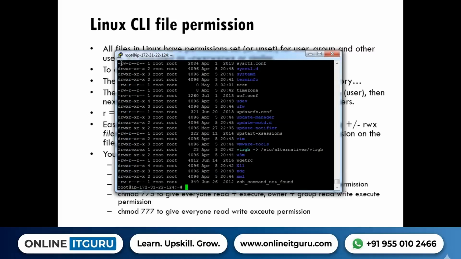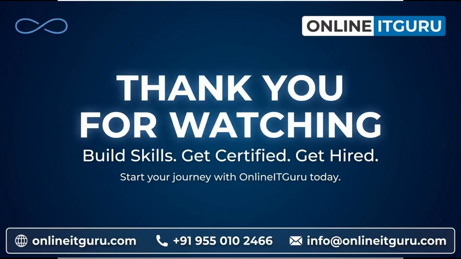For file permissions, we take these characters here. The first 3 characters are for the owner of this file, whoever created it. For example, the owner of this file will be root here, and this is the group information, whatever group is attached to this file. So the owner and group are root. Now we can say the owner of this file is root, and it has read and write permission. By default, each and every